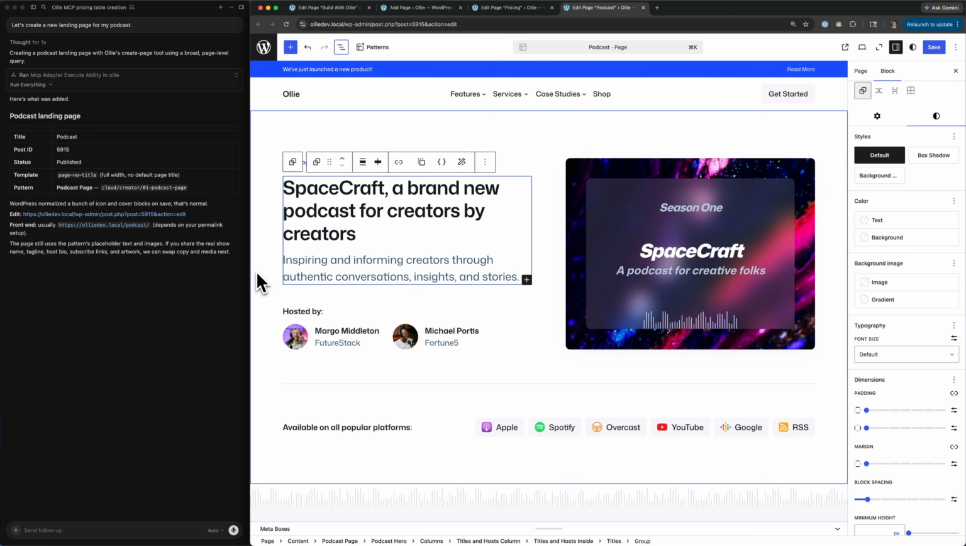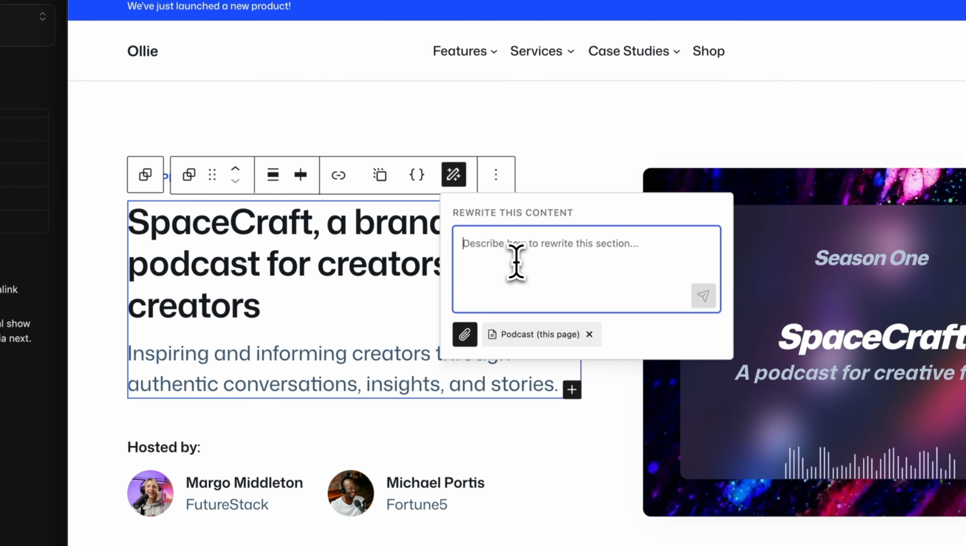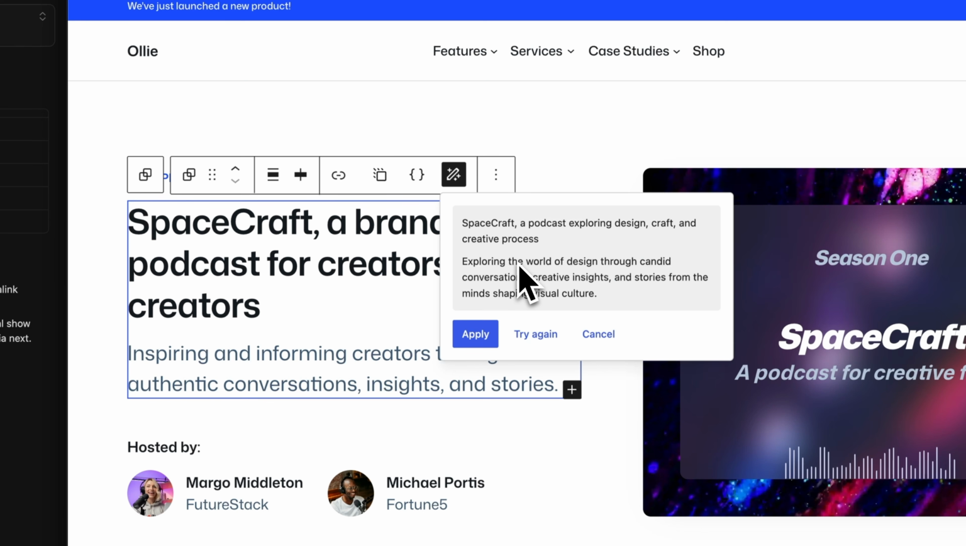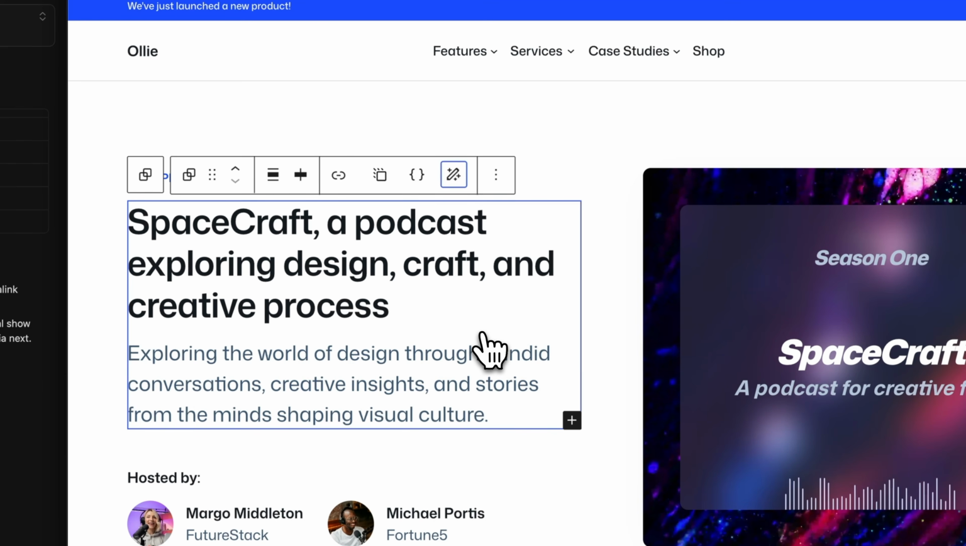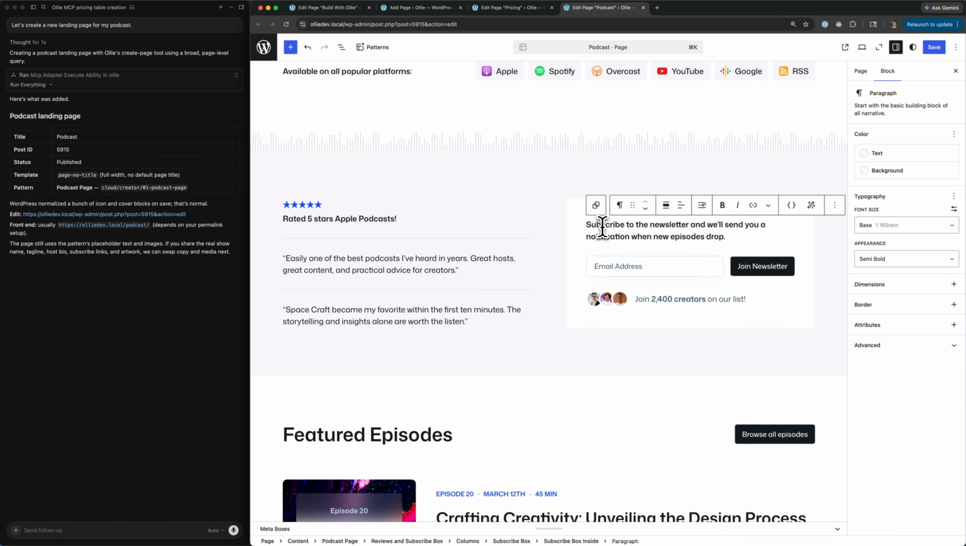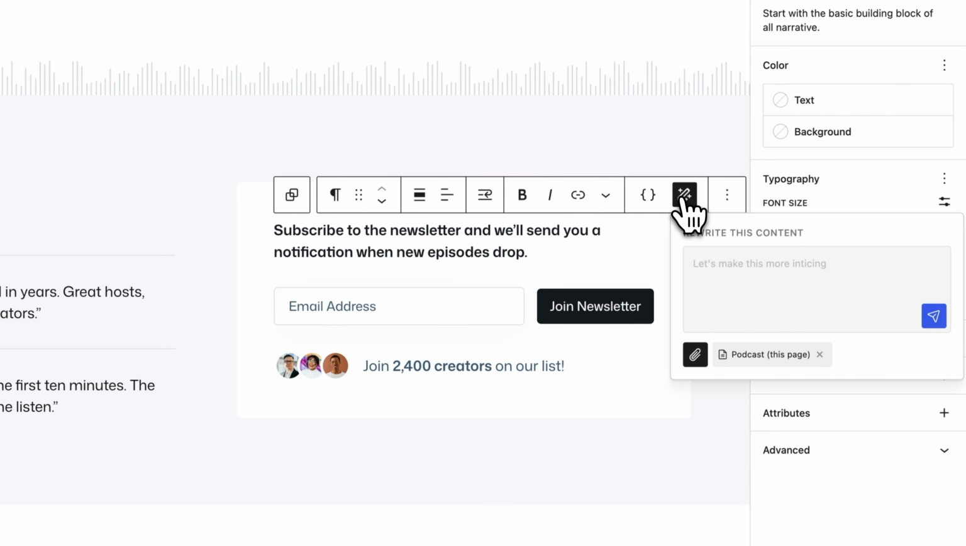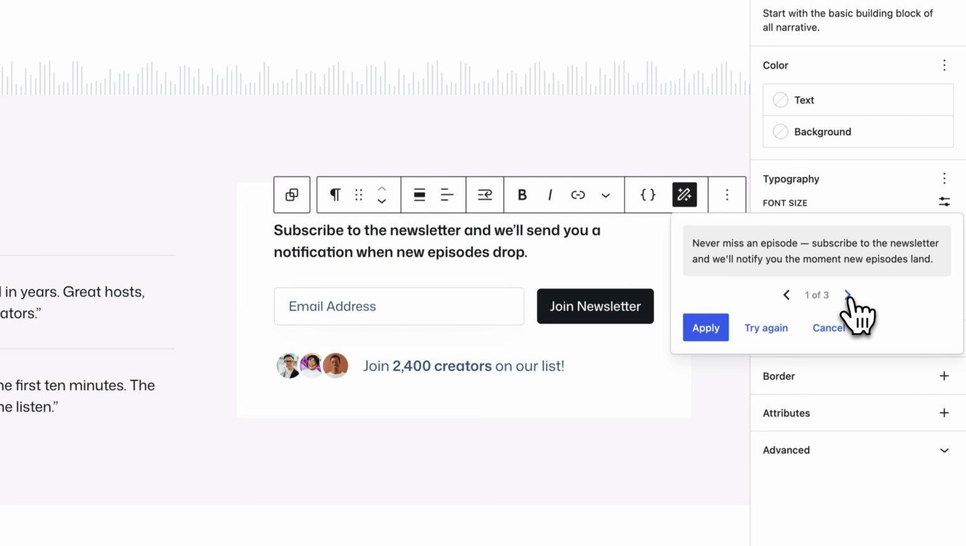Finally, let's check out our upcoming content rewrite feature that lets us easily rewrite content right in the block editor. Let's change this heading to better reflect the podcast content. It will return a few variations for us to consider. Once we've picked one, we can apply the changes and see our new content. We can change individual headings or text, or we can change content in an entire group without changing any of